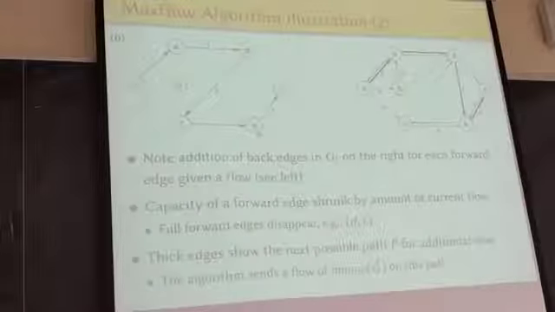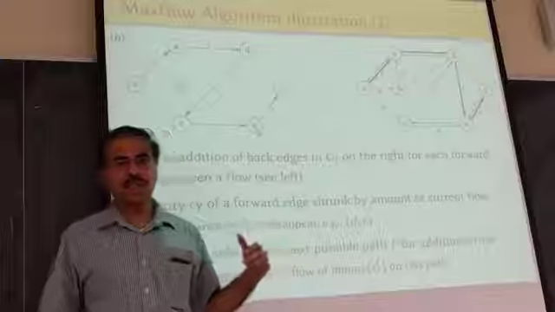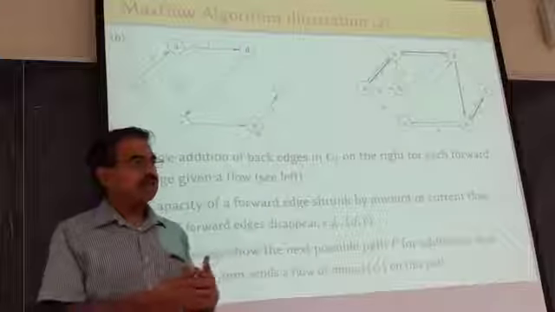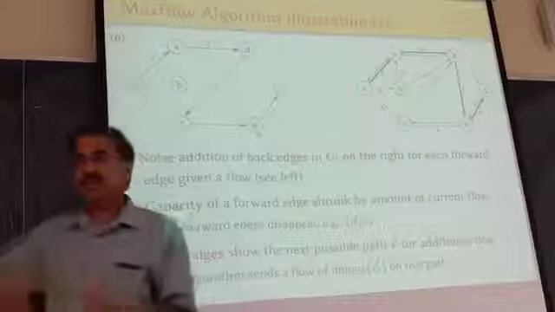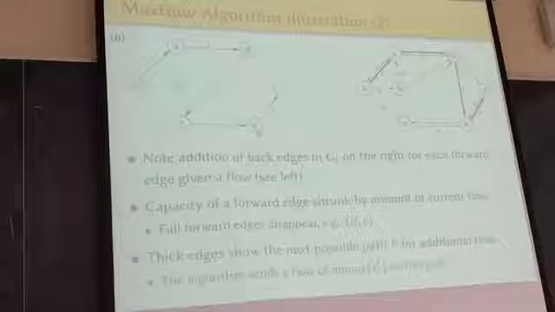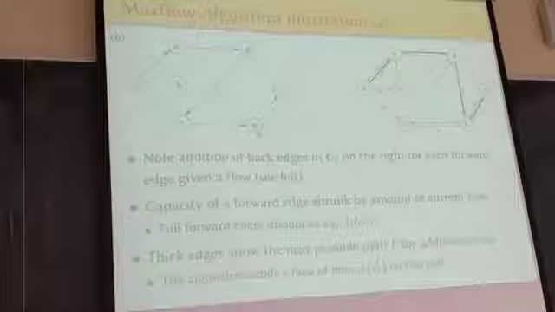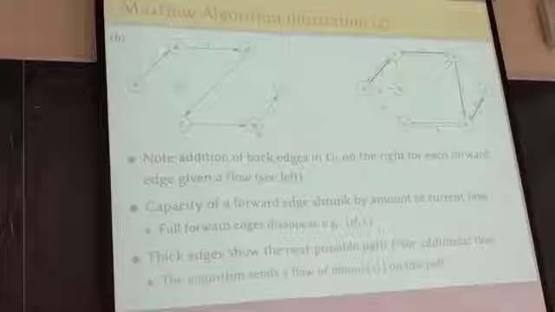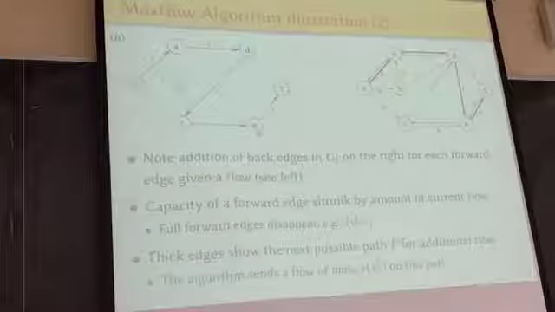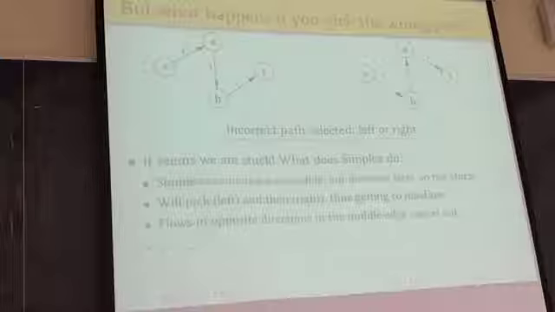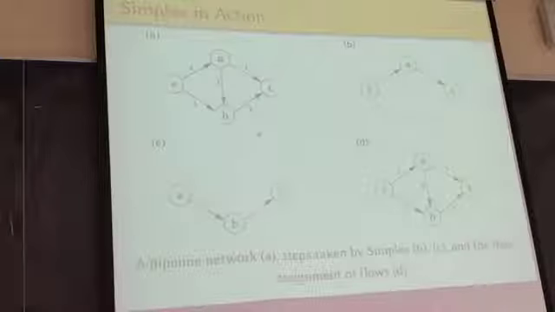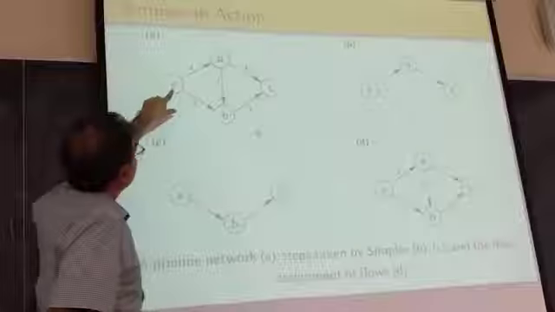So the point is that this gives you flexibility, because if you, let's say, blindly choose a path and send some traffic through it, it may end up that this is the wrong decision, and then you may have to revert it. So let's see a simpler graph where you can sort of see this happening. So let's say here is the graph, right? So taking the simple graph,